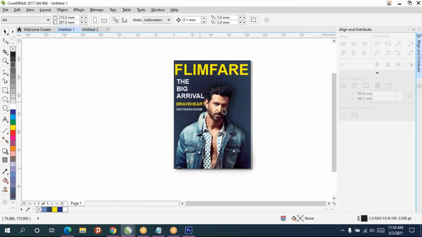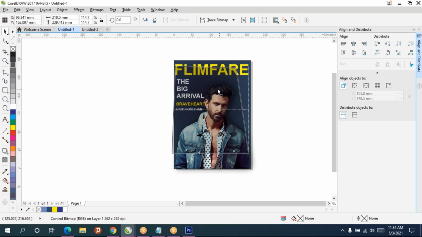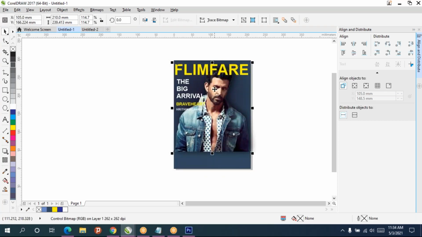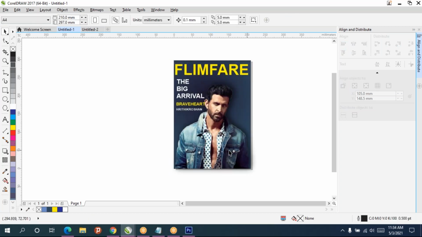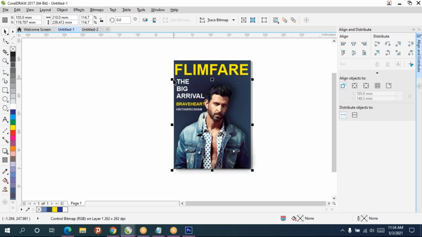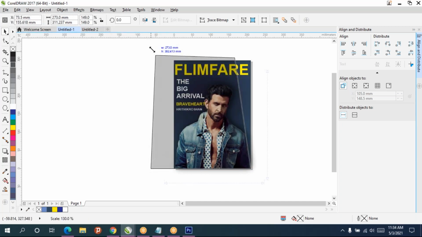For the magazine cover page, remember you can type the text wherever you want, and this image you can keep like this also. But here we don't have the image, so you have to keep it on the edges only. But you can make it bigger.